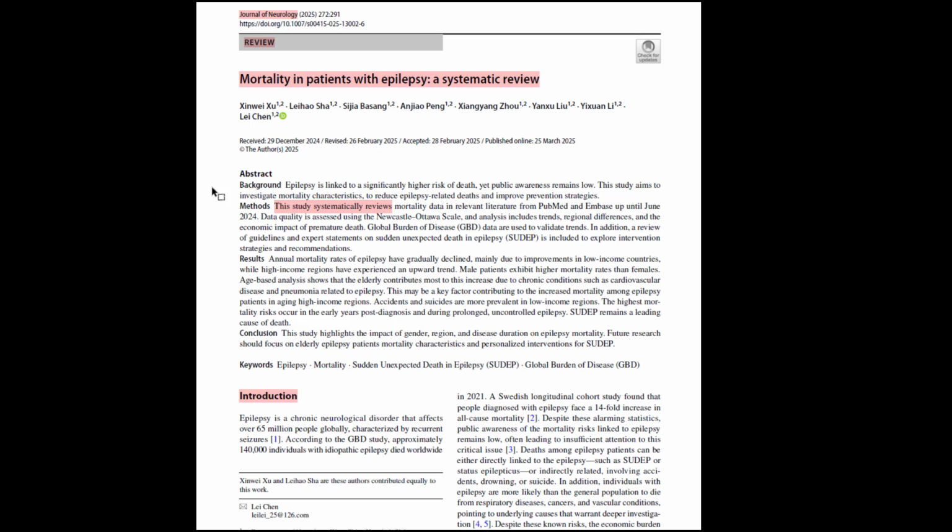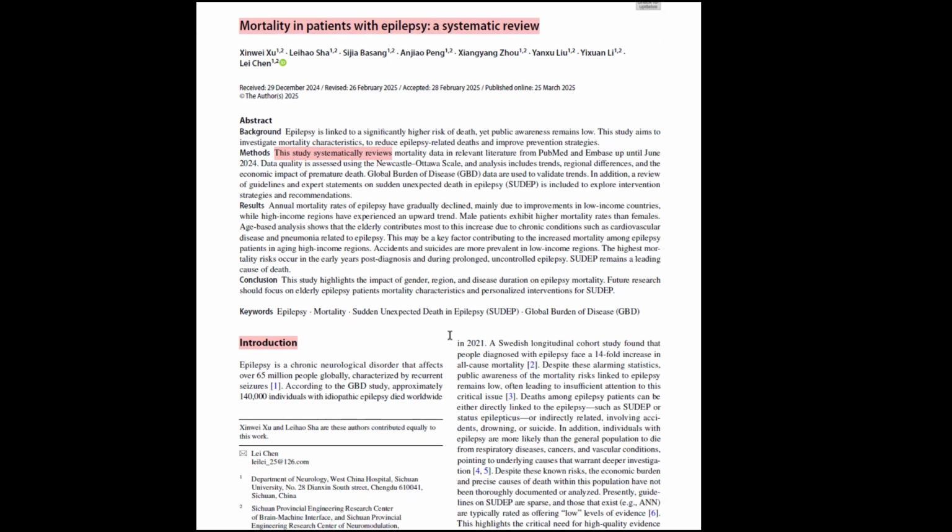Now let's open Mortality in Patients with Epilepsy, a systematic review. This article is also from the Journal of Neurology and is labeled a review. However, this time the authors have clearly labeled it as a systematic review in their title and in the abstract. In the introduction, they state